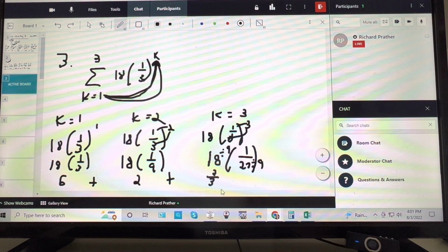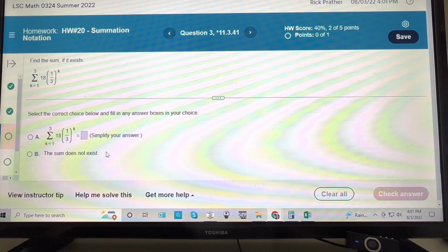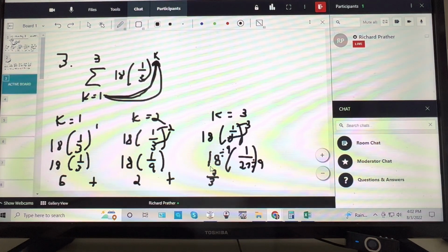So now maybe that's what that instructor note was about. There was an instructor note that I didn't know where that popped up from, so I just closed it right away. But maybe they wanted to mention how they wanted this answer, but usually My Math Lab tells you that. Simplify your answer. Yeah, it doesn't say how they want the answer. But what we could do is we can put these over 1s,